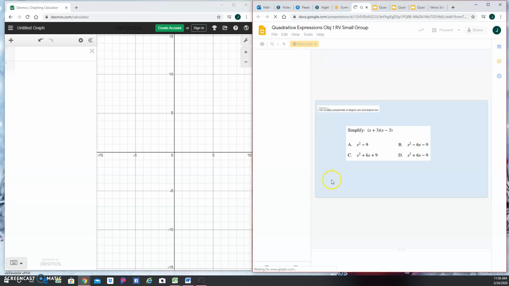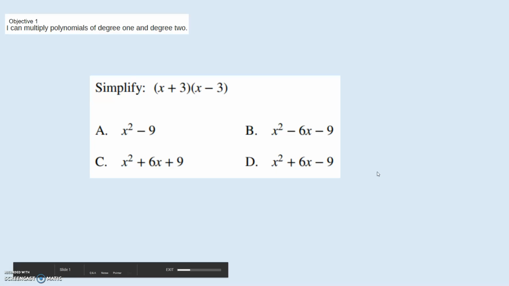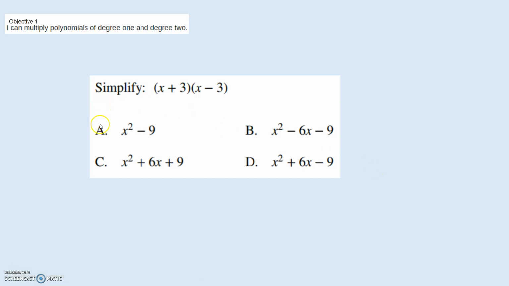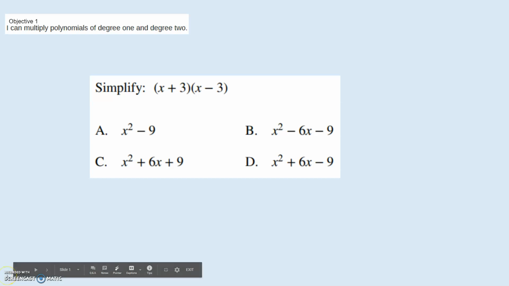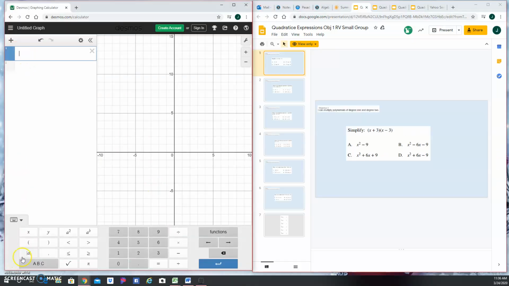This is our first sample problem, and it says simplify (x + 3)(x - 3). So these are all the possible answers, and let me just show you how Desmos can help you successfully solve this. On your Desmos, you're going to go ahead and type in,